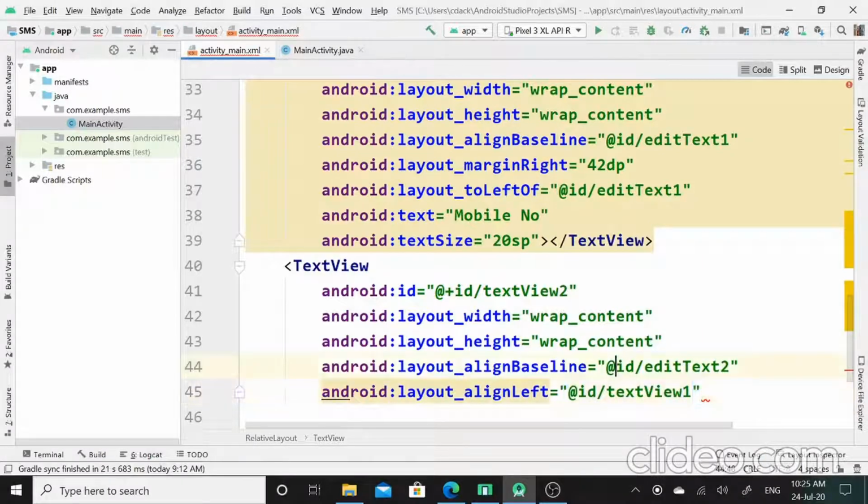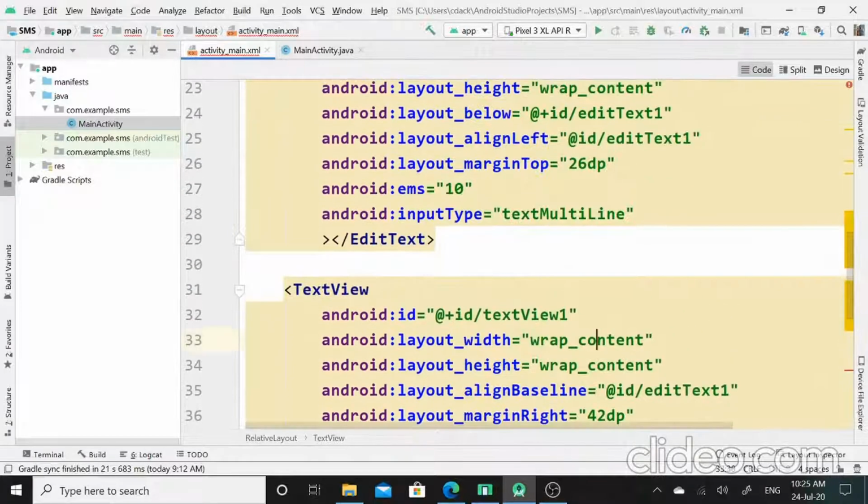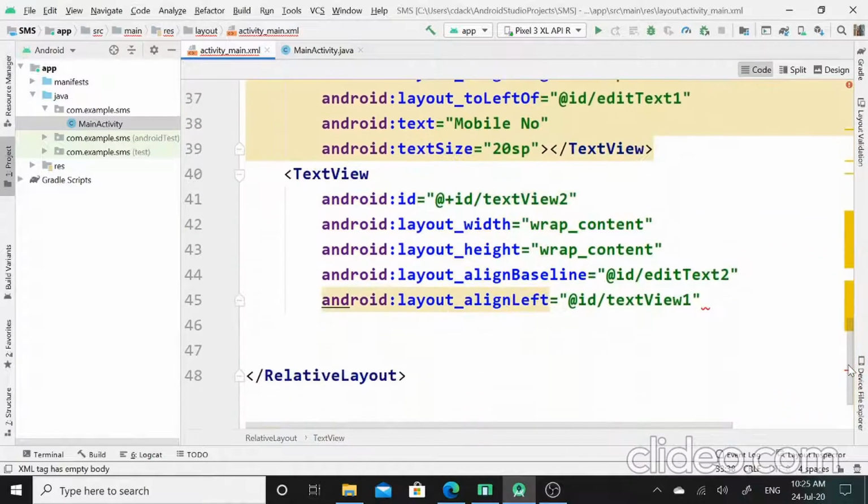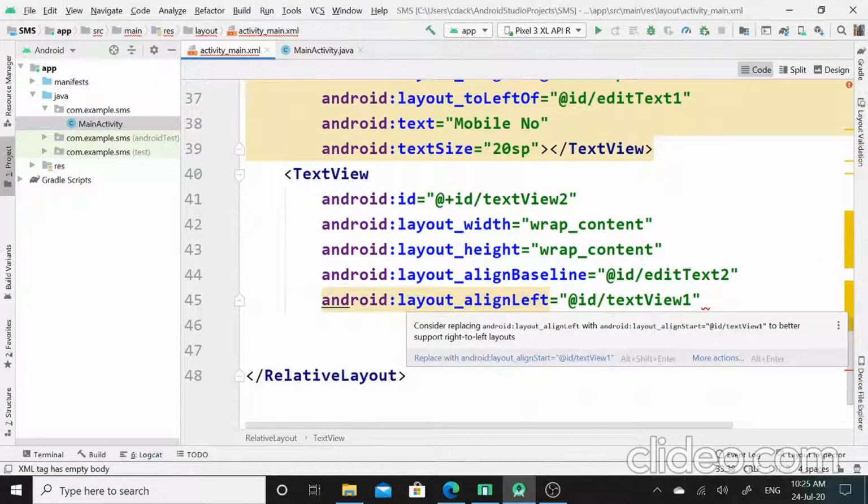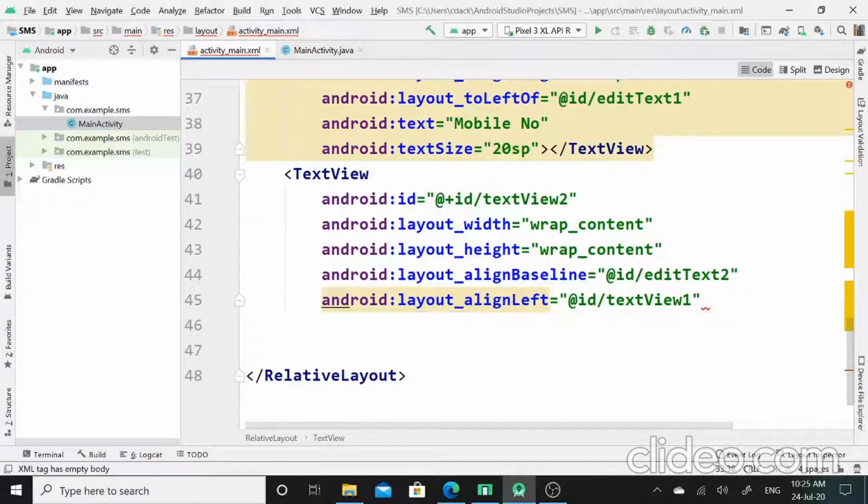Since I want to set its alignment equal to this initial text view, that's why for this attribute layout align left, I will set the ID of text view 1.